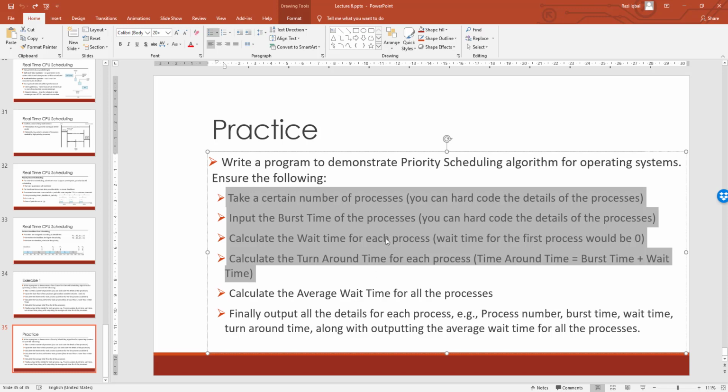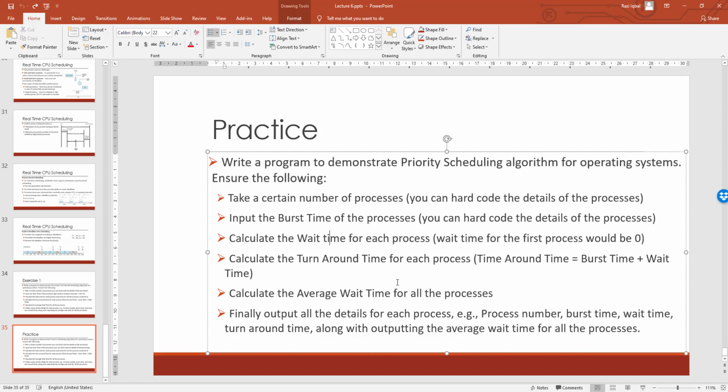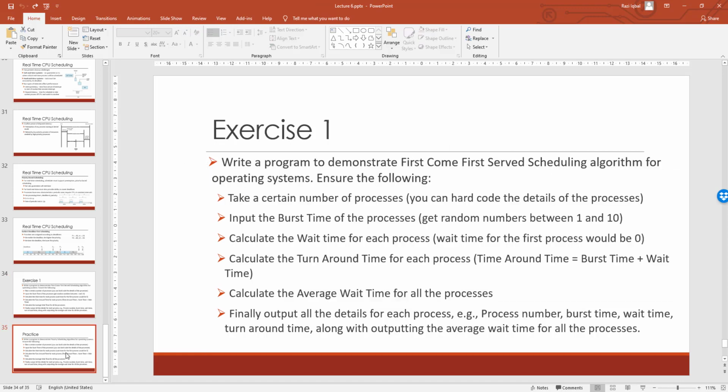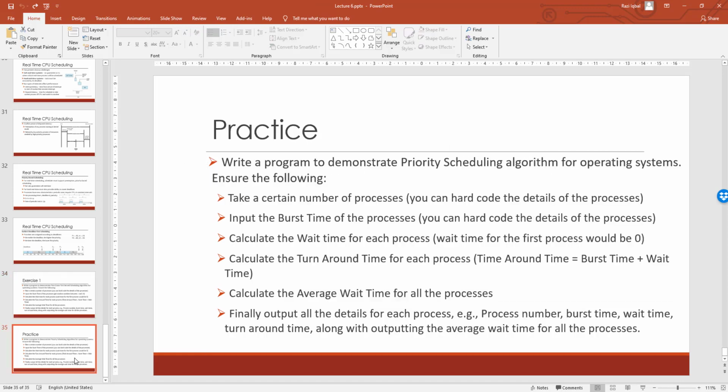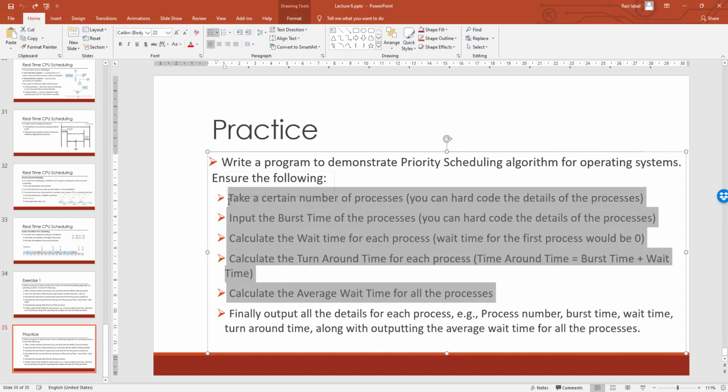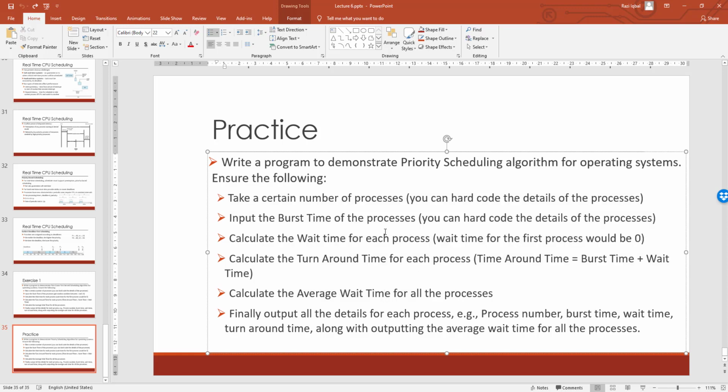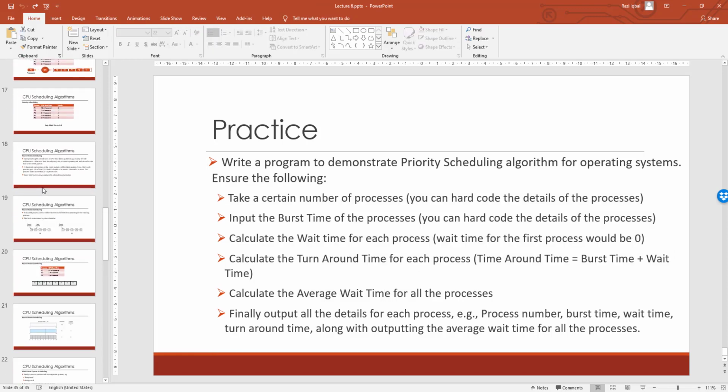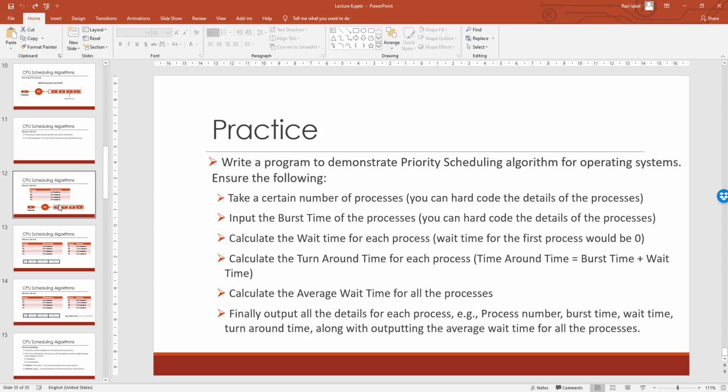Yeah, so what you have to do over here in priority scheduling algorithm is you have to put priority as well, right? So maybe it's the wrong slide. It's just the same. I think I have placed just the same thing, if I'm not wrong. There are a few things different. Anyways, you need to find all these things anyways. But in priority scheduling algorithm, what you have to do is you just need to